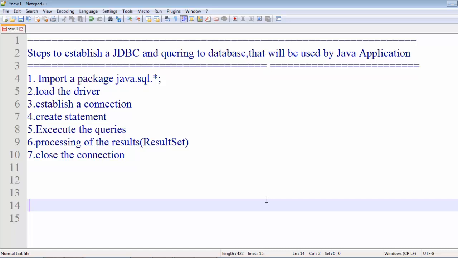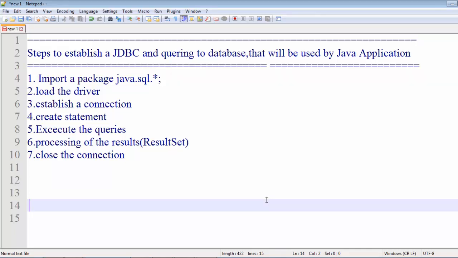The next step is that you have to create the statement. A Statement in Java is an interface that can be used to execute queries. This interface provides certain methods for executing the queries, so we will execute queries with the help of these statements. We will just create the statement objects, and after we create the statement object, we are in a position to fire the queries to the database.